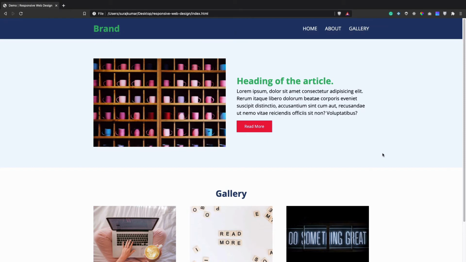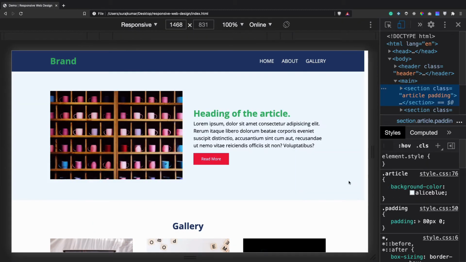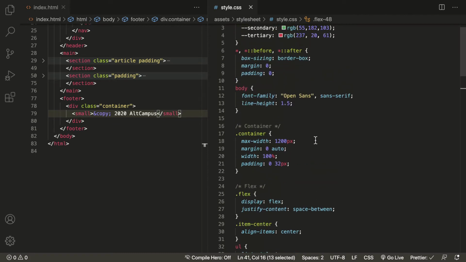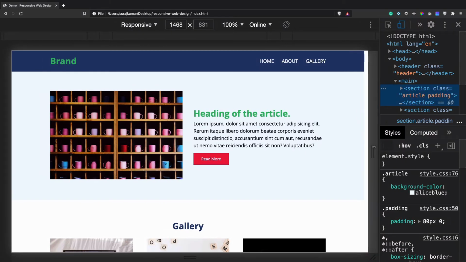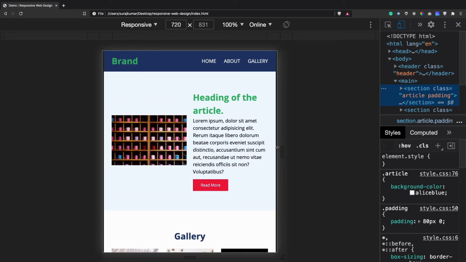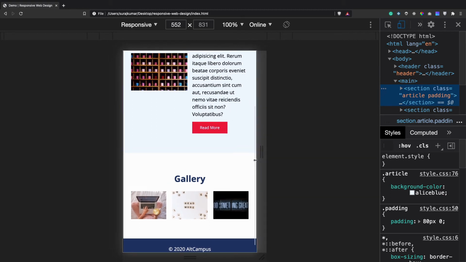Now we need to make our layout responsive. So before making it responsive, we will check whether it is responsive or flexible or not. It would be responsive just because we have taken each and everything flexible. The width of the column is in percentage, the width of the container is max width, so it would be flexible. So let's check it out. Let's decrease the size. Nice, it is decreasing. Perfect, it is responsive, it is responding according to the changes we are making to the screen